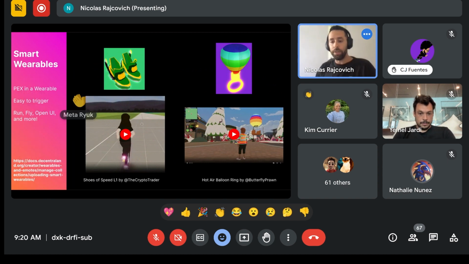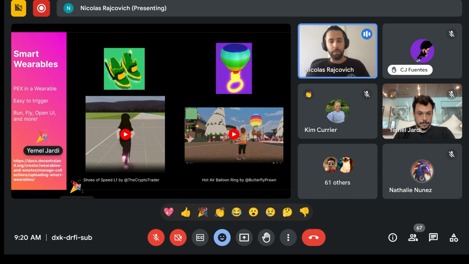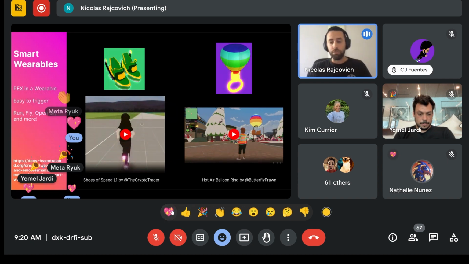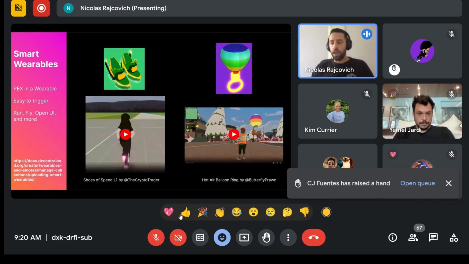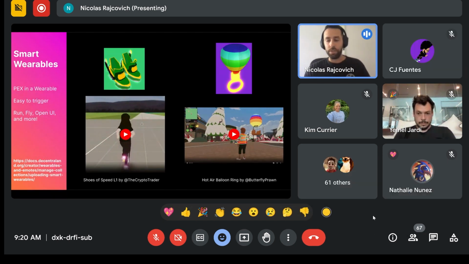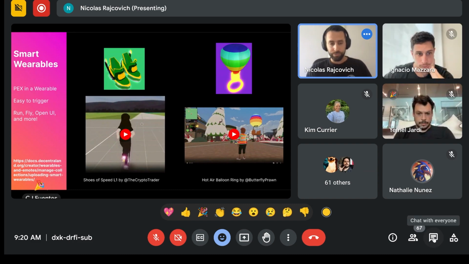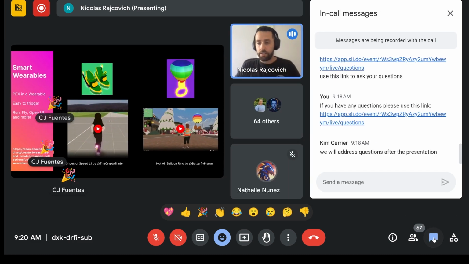If you have it, you can buy them in the marketplace. There's a special filter to find them. And once you equip them and you accept the permissions if those are requested, you can just trigger the portable experience behind it and start enjoying some of a few examples like I'm linking here.